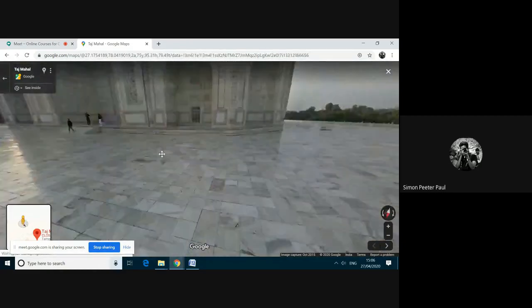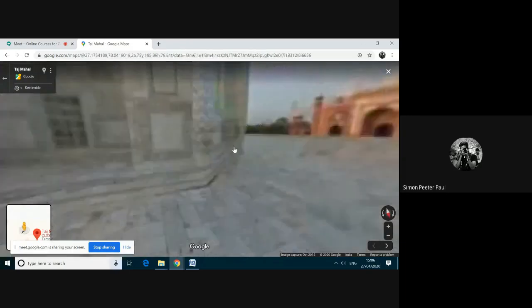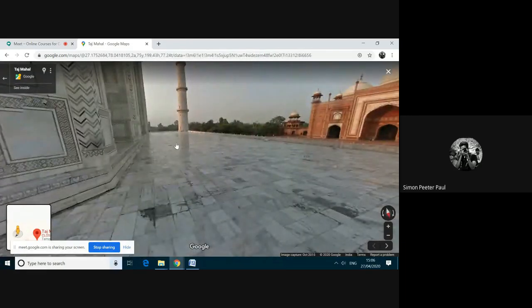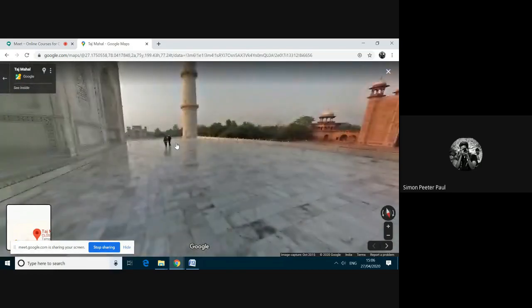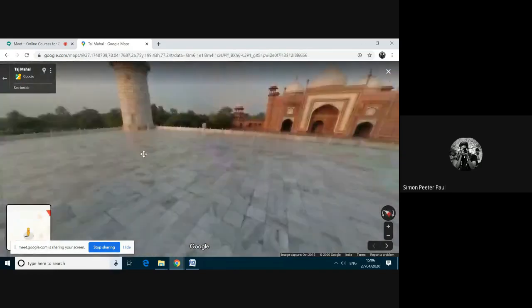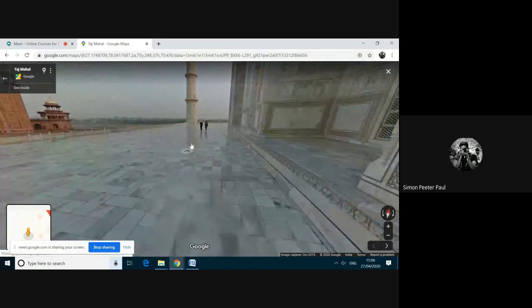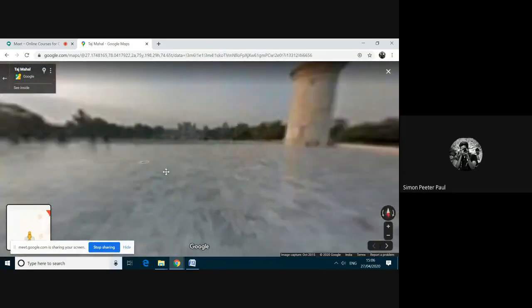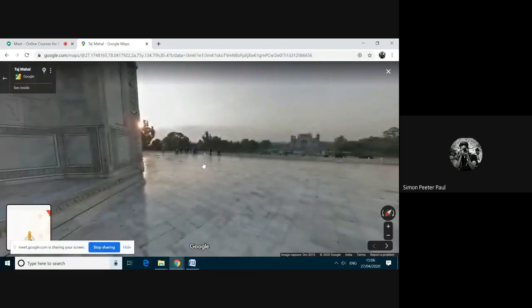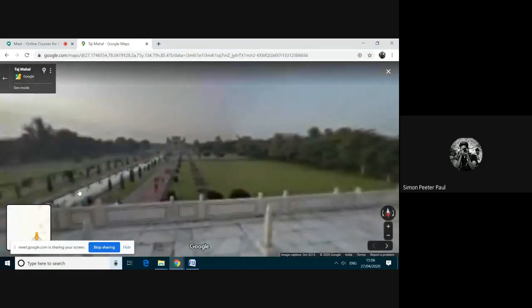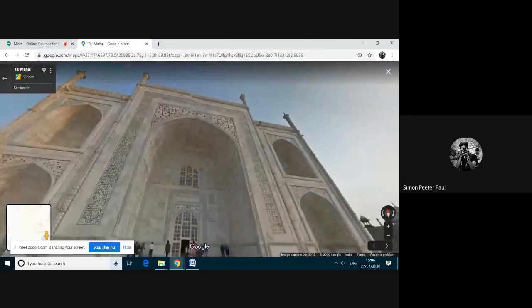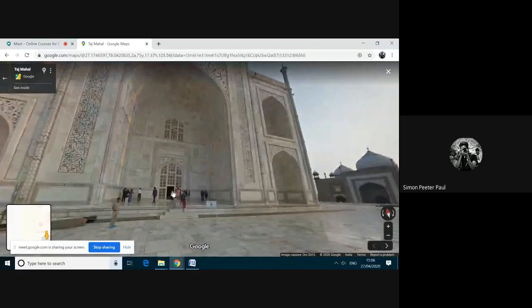Really, I moved to some other place. Okay, I'm moving back. This is the place. In the images you will see, even if you need, you can go inside.